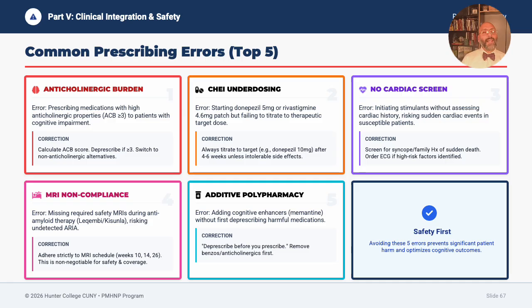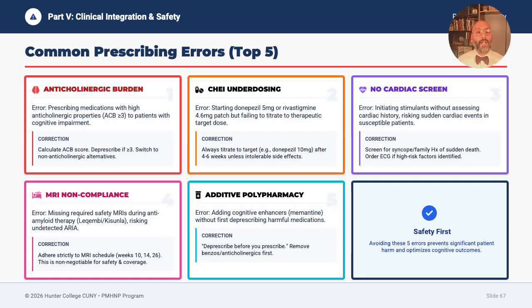Second is the cholinesterase inhibitor underdosing. So you want to start donepezil at 5 or rivastigmine, and then remember to titrate up. Unless the side effects are limiting, you need to titrate to the target after 4 to 6 weeks. Third is the no cardiac screening. So starting stimulants without assessing cardiac history risks serious events. So always screen for syncope and family history of sudden death, and order the EKG when high-risk features are present,